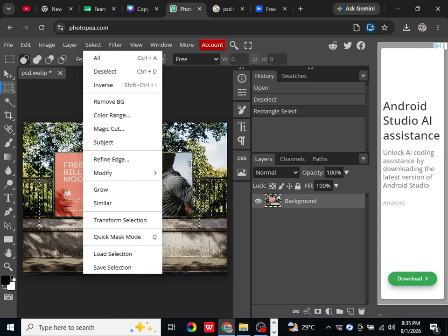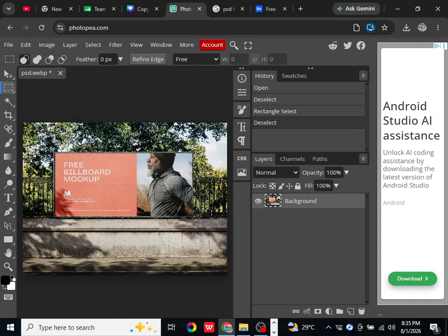Use the shape tool, move tool, and layers panel to arrange everything neatly. If needed, apply simple effects like drop shadow or stroke to make your text more visible against